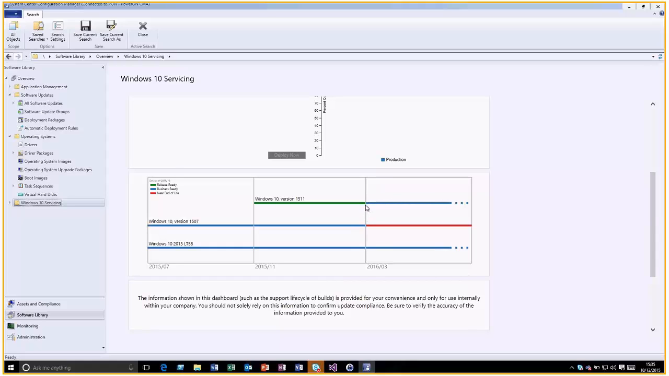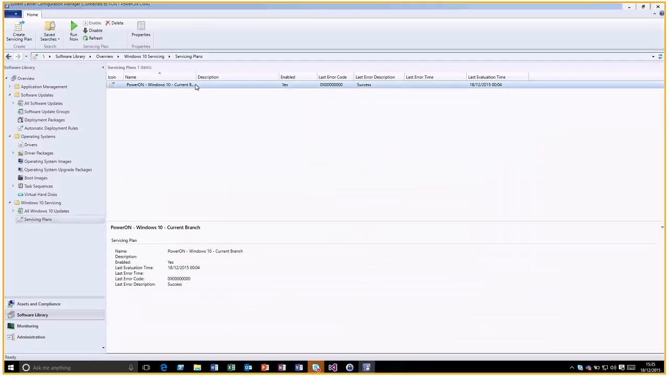So that will be classed, the current branch we're on is the 1507, the current branch that we want to get to is the 1511, and the release ready ends at this point and then moves into the business ready, or the current branch for business. So that looks like a servicing plan such as this,